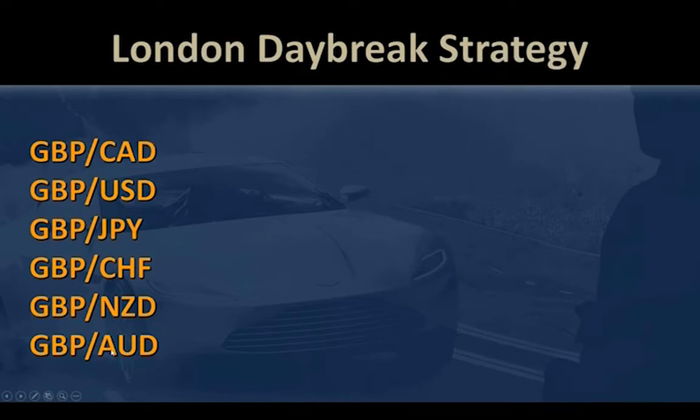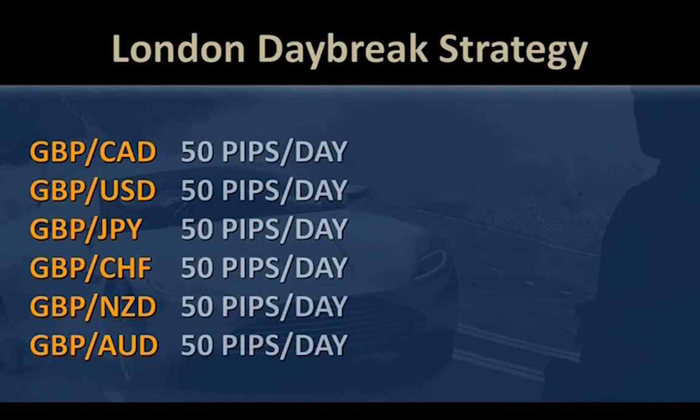Now, Josh's strategy is going to show you how to go after 30 to 50 pips on the low side minimum each day. I'm going to show you a trading strategy where we go after 50 pips as first base. Our minimum is going to be 50 pips per currency pair per day. So let's jump into this now.